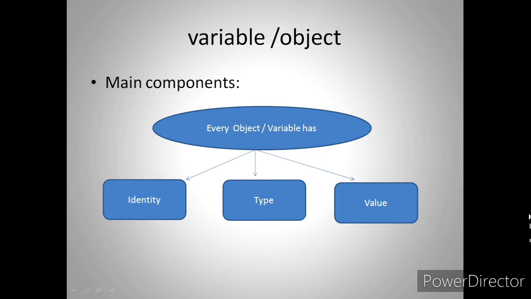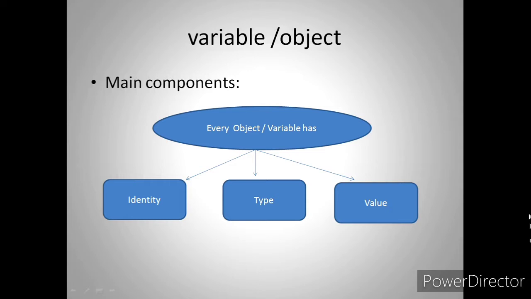We have discussed the variable, that is the object, and we have come to know that we have the id, which gets the address of the variable, and the type, to know what data type it is. We have discussed float, integer, and string, and next, the variable holds what? The value.